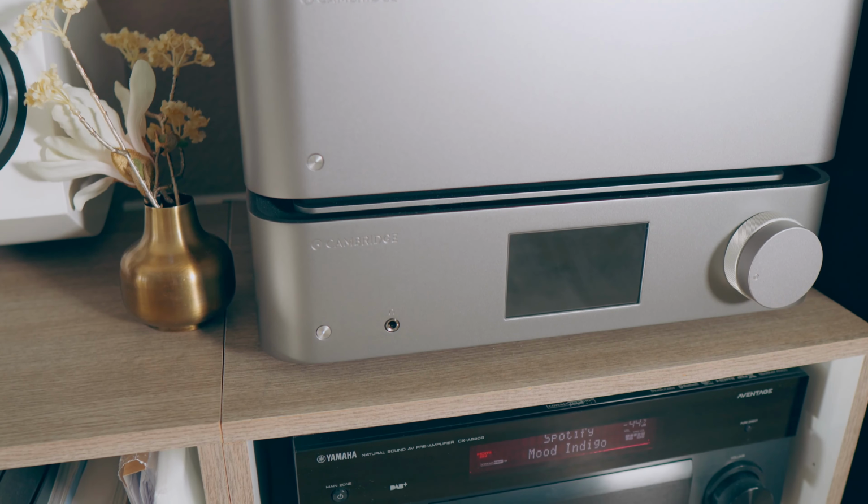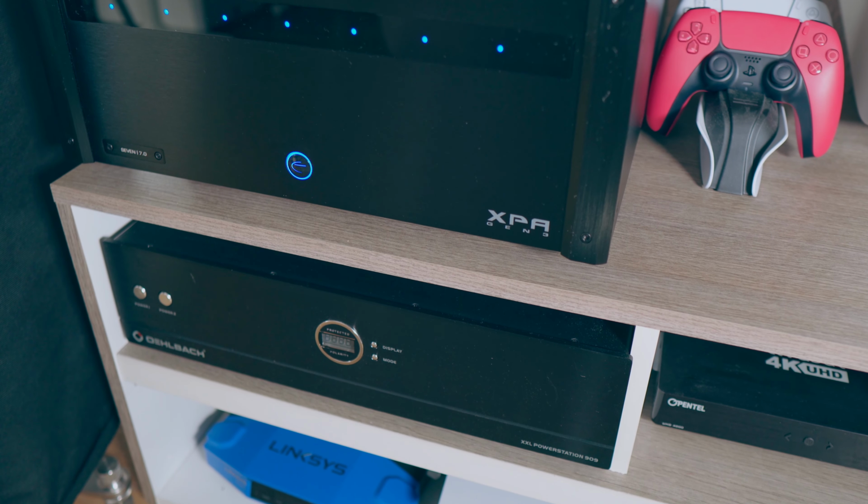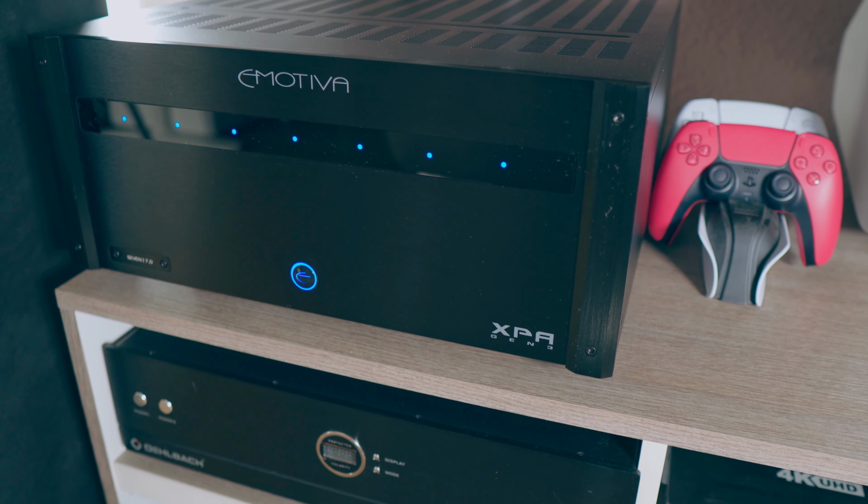In home theater, I tested the 3000 Micro connected to the Yamaha CX-5200 receiver and Emotiva XPA Gen 3 multi-channel amplifiers. If you are asking why I don't also use a Yamaha multi-channel amplifier, well, because the Emotiva was just cheaper. I tested first with a unique and really interesting 2.1 system with the Perlisten S4B speakers,